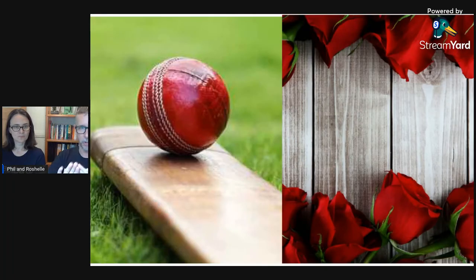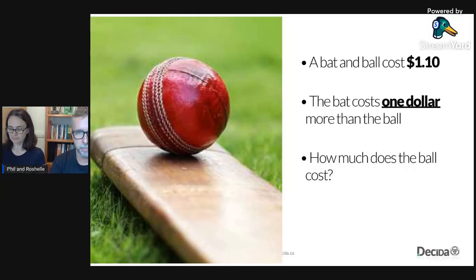Before we get into more cognitive biases, there's one other really, really key thing that we need to learn about the way that our brain works, and this is something about speed, and we're going to do it with another exercise. So what I want you to do here, I'm going to put up a very simple question. Okay, I want you to answer as quick as you can. A bat and a ball costs $1.10. The bat costs $1 more than the ball. How much does the ball cost? Go, answer straight away. What is it?